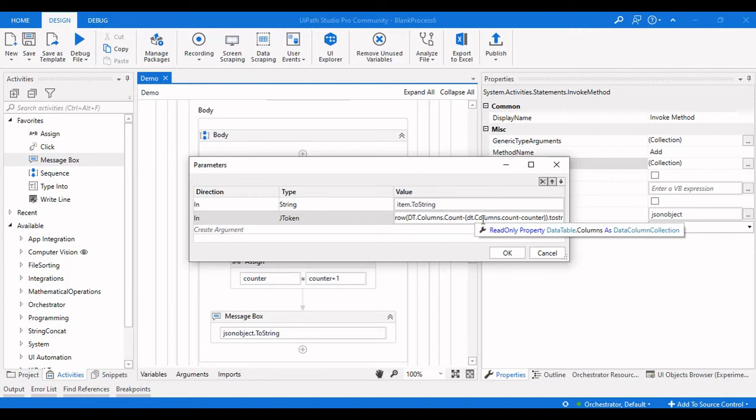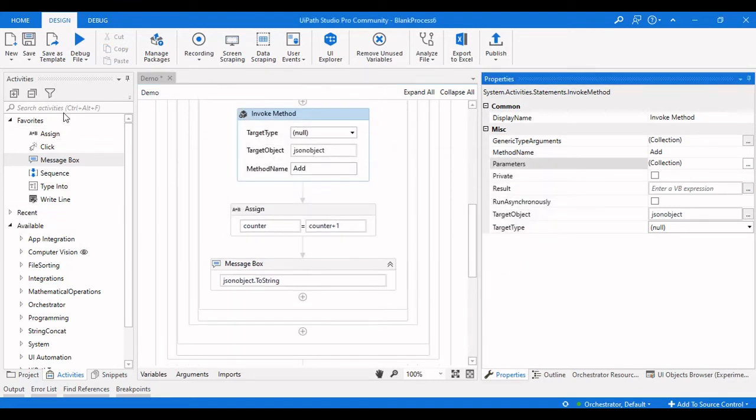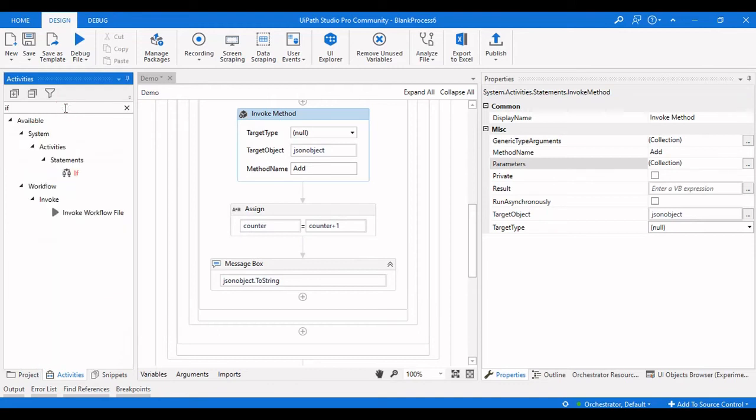But what we need to do here is, whenever this column count is less than this counter, we need to make the counter 0 again. For that, we are going to take an if condition here.